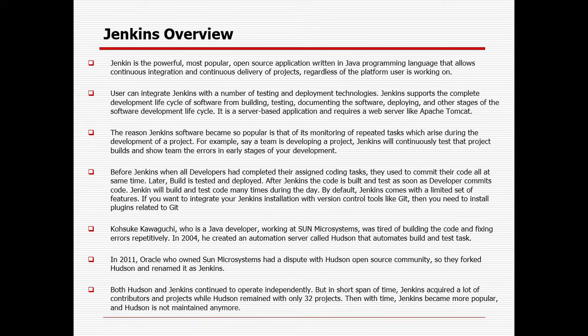So why is Jenkins playing a pivotal role as part of DevOps? Before Jenkins was there, what did we used to do? Suppose 10 developers and 5 testers are working in a project, I am giving a simple example. On a daily basis every developer is creating their code, developing something. Maybe every day they are merging their work, and maybe once in a week or once in a month they try to deliver their product to the tester.